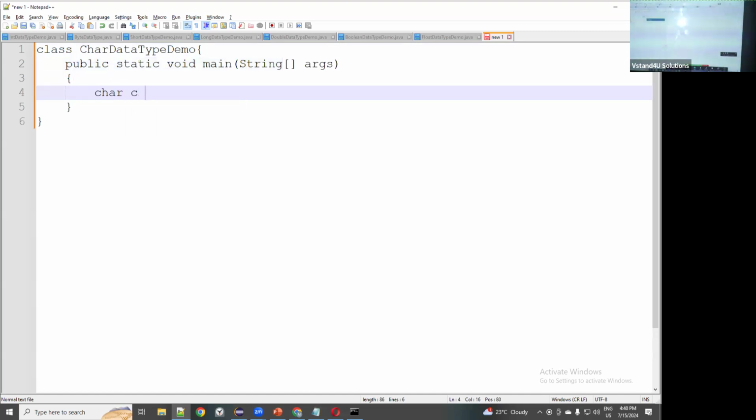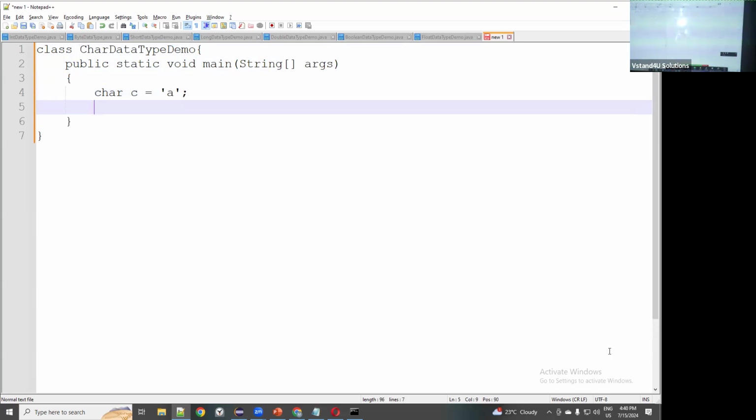Then char c = ... can I put a single-quoted 'a'? Then I say System.out.print("The value of c = " + c);